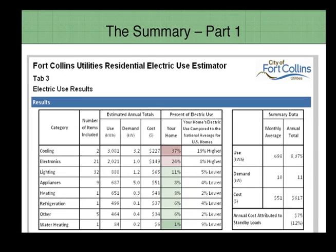This is an estimate for what your peak usage at any month might be, if all the typical things are running at the same time, and your monthly cost and your annual cost. And the other thing is there is a category to draw attention to, I'll have to look at it in a moment on the spreadsheet, of